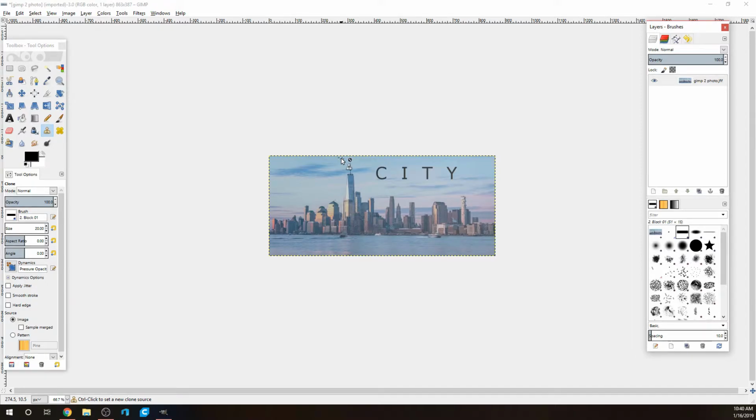You also have the blur and sharpen tool. Let me zoom in a little bit so it's easier for you to see. But that lets you make a specific area sharper or harder to see. So if you just drag regularly, as you can see, the image